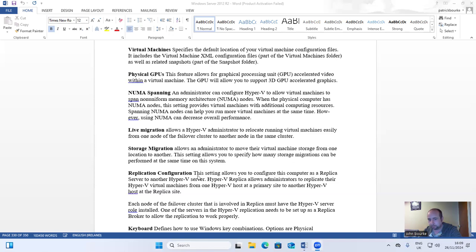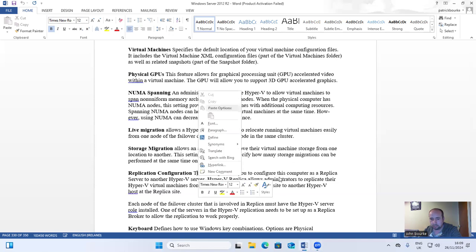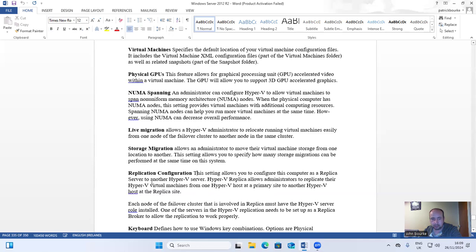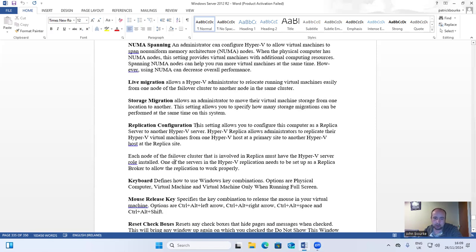Replication configuration. This setting allows you to configure this computer as a replica server to another Hyper-V server. Hyper-V Replica allows administrators to replicate their Hyper-V virtual machines from one Hyper-V host at a primary site to another Hyper-V host at the replica site. Each node of the failover cluster that is involved in Replica must have the Hyper-V server role installed. One of the servers in the Hyper-V Replica needs to be set up as a replica broker to allow the